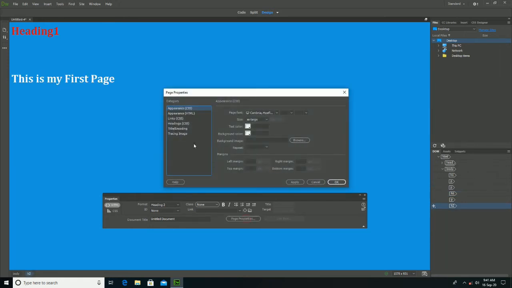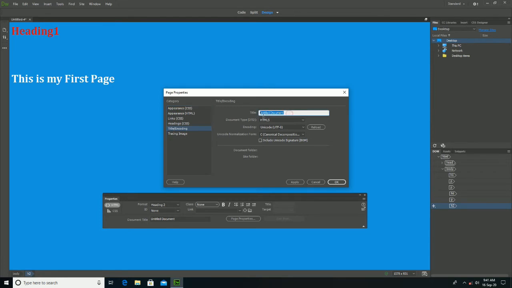You can also add the title of the web page. Click on the title encoding and select the title and add the title that you want on the web page. Click on apply.